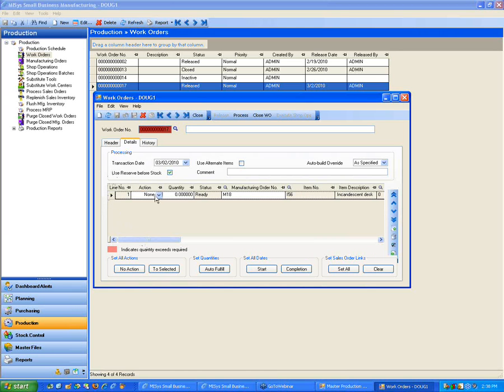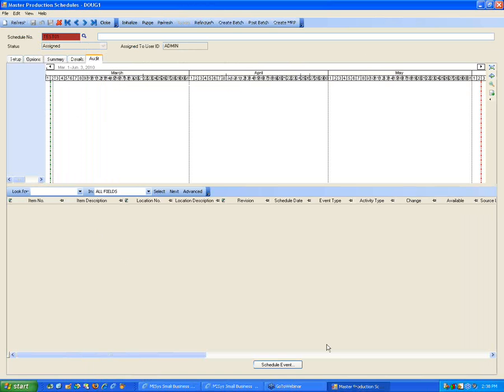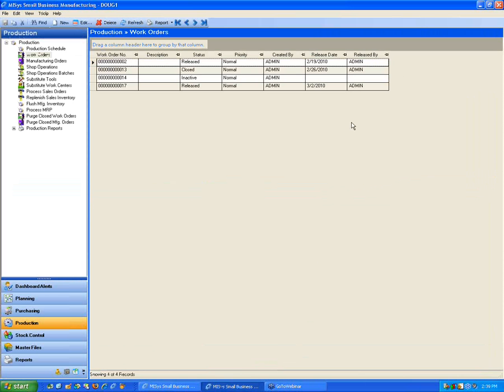So I can go through, and right now if I want to build it, I'd click that action, complete it, put the 300. It automatically updates the manufacturing order with those completed quantities, all with that one process. So let's go back in